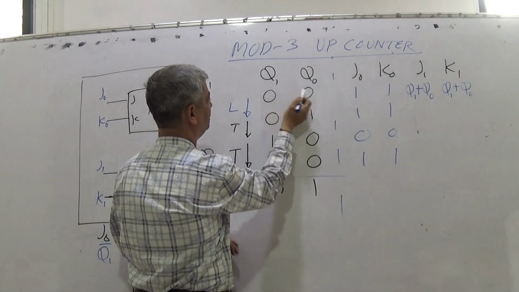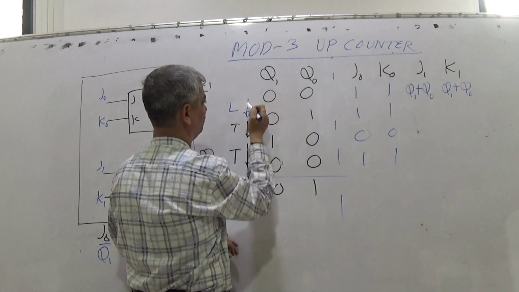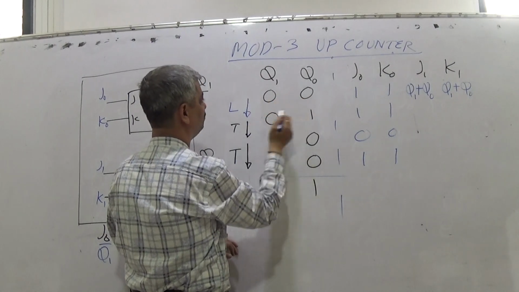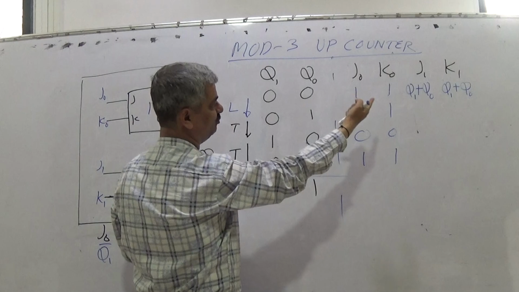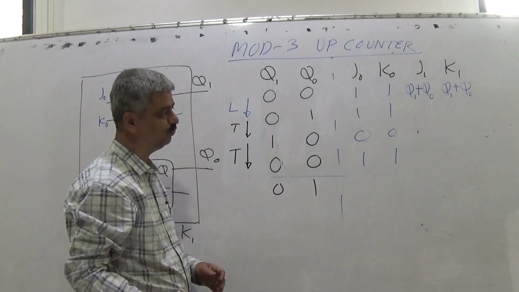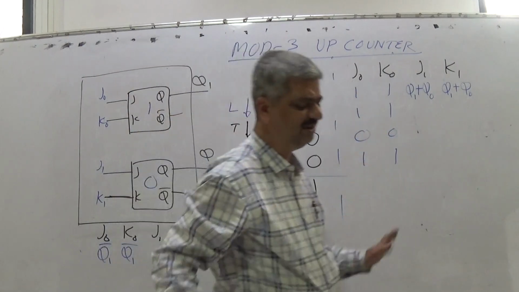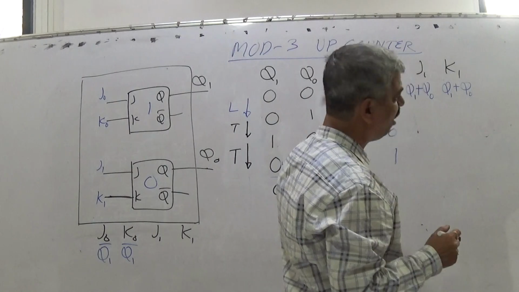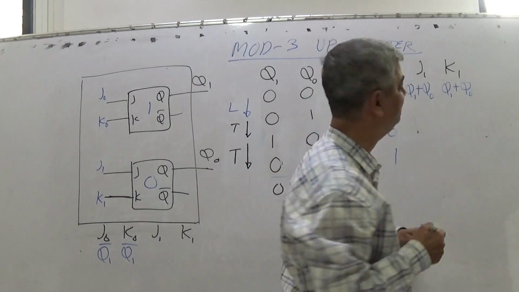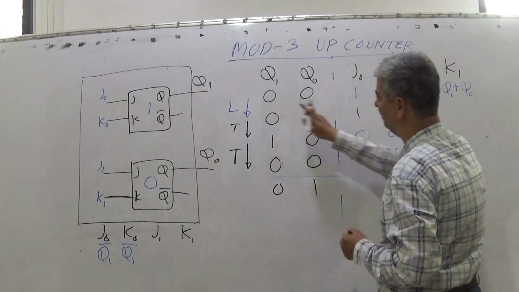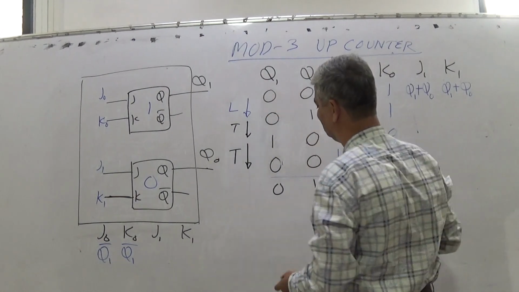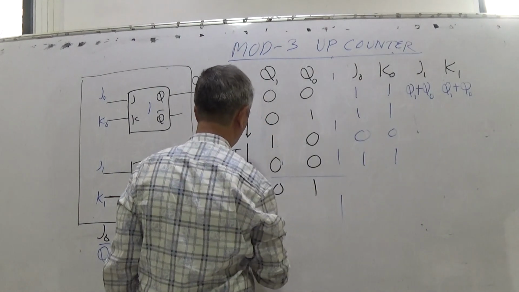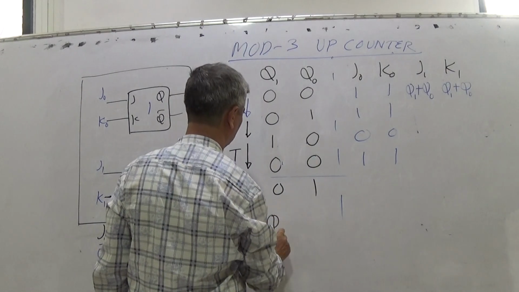Their addition will be 0. So when the addition is 0, the last state will be maintained. If either is 1, the addition will be 1, so toggling will take place. So Q1 or Q0, but sometimes we say that we avoid the OR gate in designing. Therefore, when both are 0, their complements are 1, 1. So Q1 bar is 1 and Q0 bar is 1.